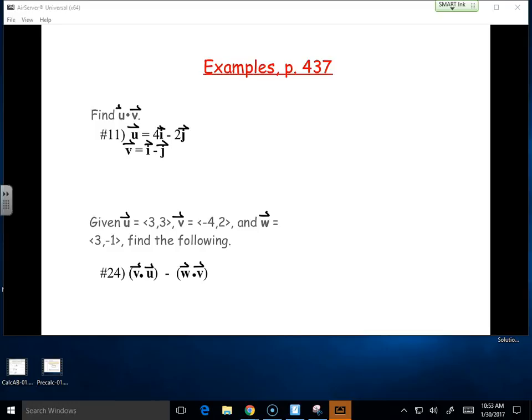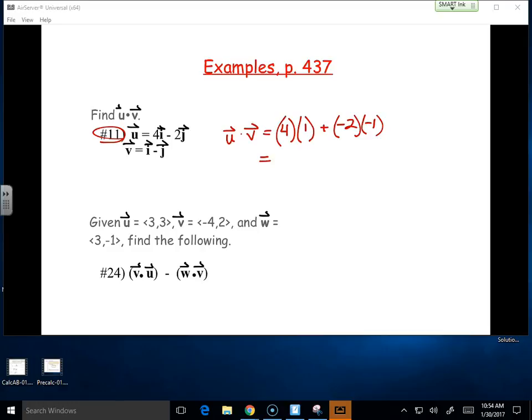However, how would you do the dot product for number 11? Just plug it in, right? Careful, you don't need the i, you just need the components or the coefficients. Take the coefficients of the horizontal components, so 4 and 1, plus the coefficients of the vertical components, negative 2 and negative 1. The dot product ends up equaling